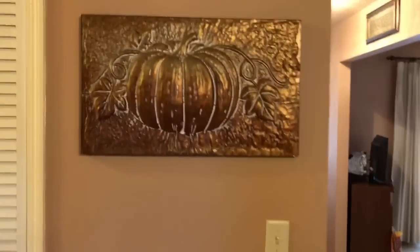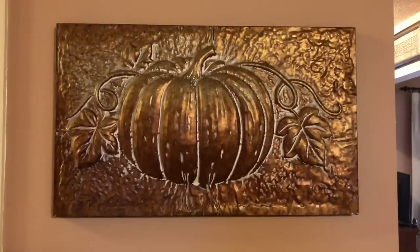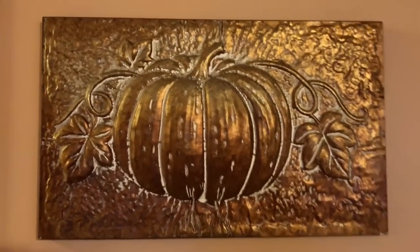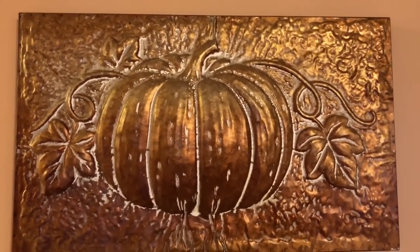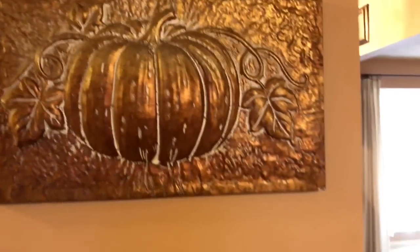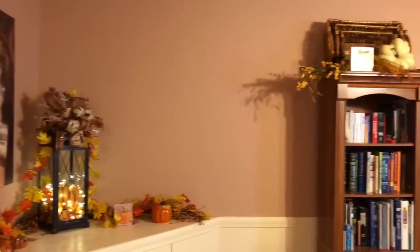Now this sign I got at home this year, and I love it. It was kind of pricey, but I loved it so much I went ahead and bought it because I use my stuff from year to year, okay? So if we just turn around slowly,